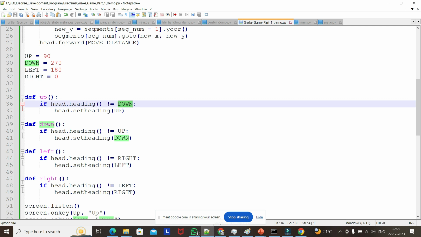But why are we giving this heading? Because when the head is down and we click up, the snake should not go backwards, right? So if we don't give this one, let's see, for example,